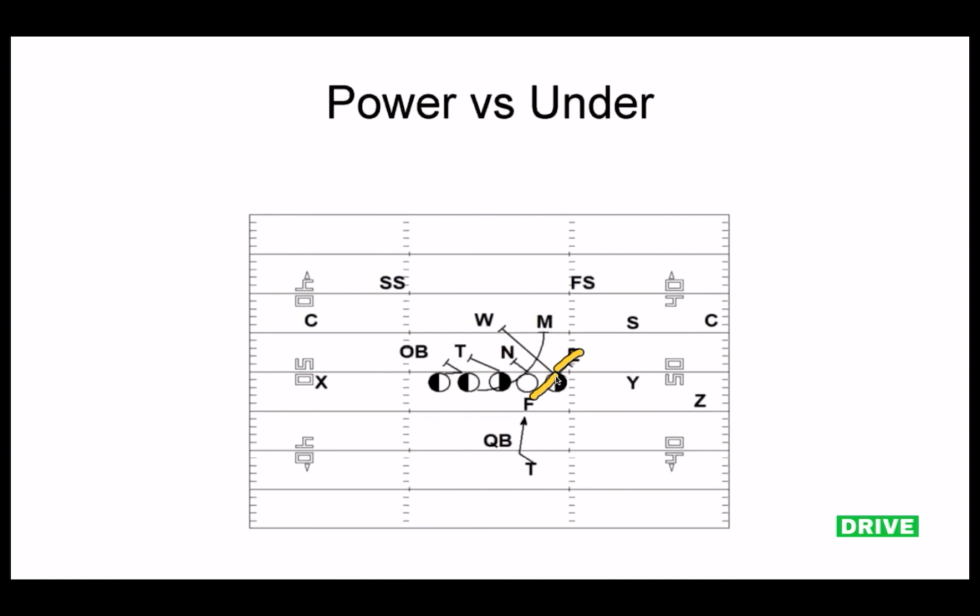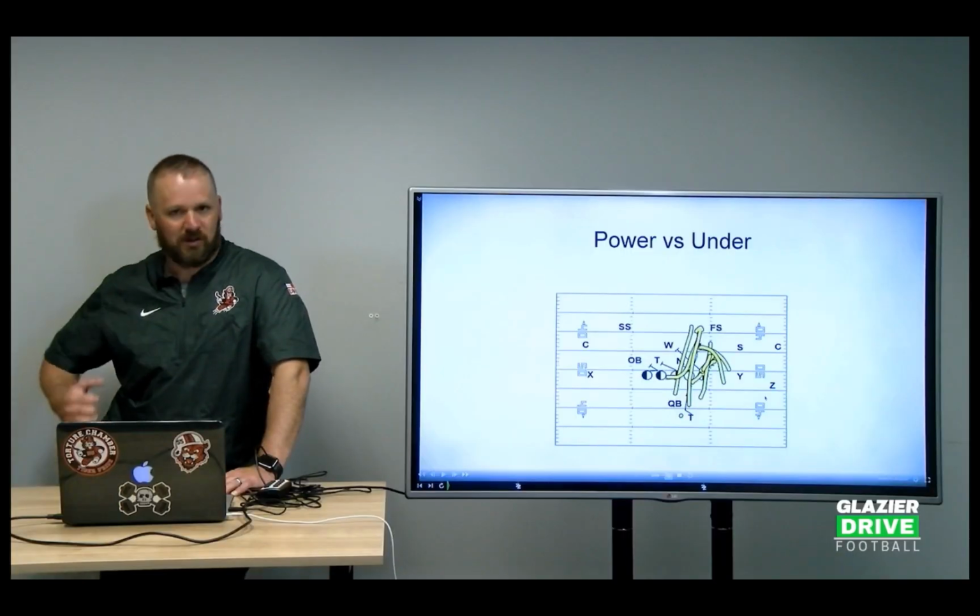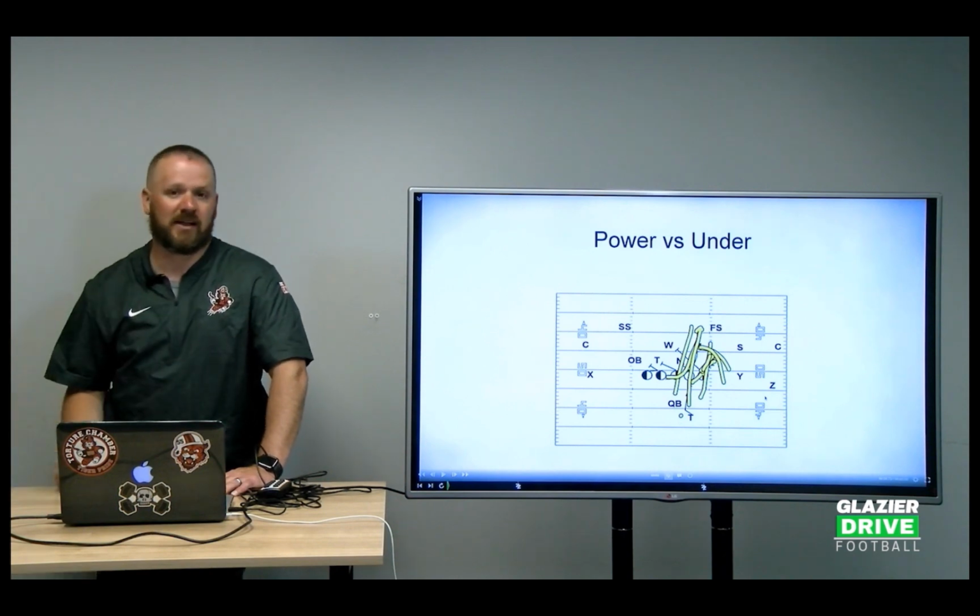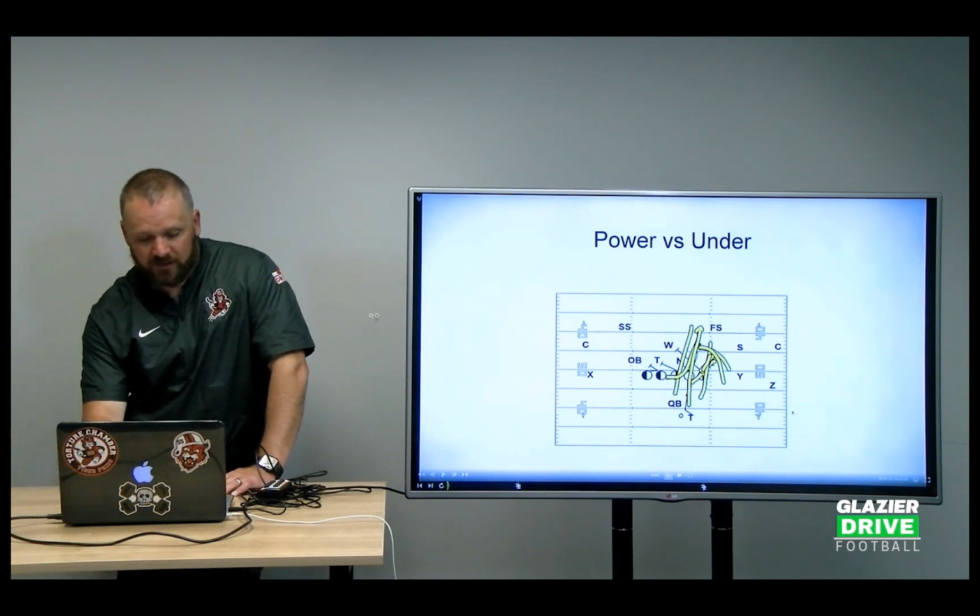Playing low, getting his head on the inside, and then fight him vertically, okay? Because if he can fight him vertically and create space here, and typically when someone comes in hard, this backer may scrape, and if you can fight him vertically and this backer scrapes out, and we're wrapping in here, we've got a big hole here. So we don't just go ahead and say, hey, log him and let's get outside. We have a call for that.